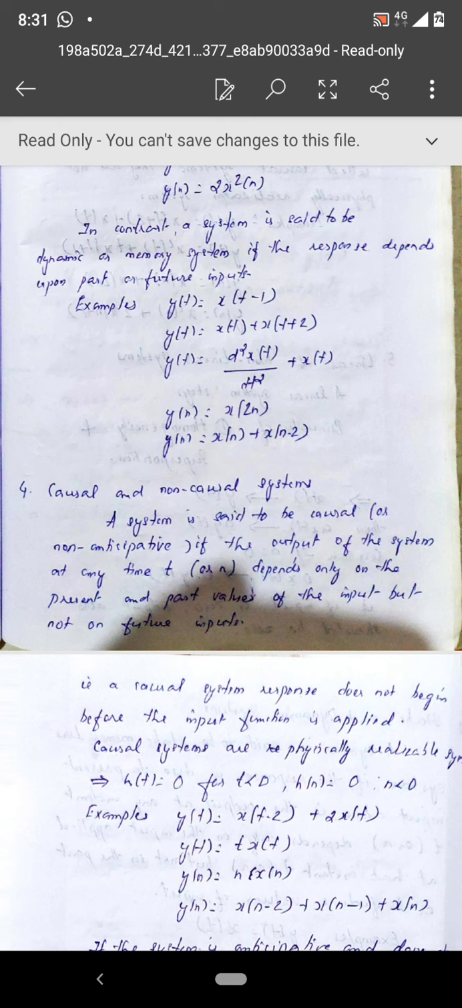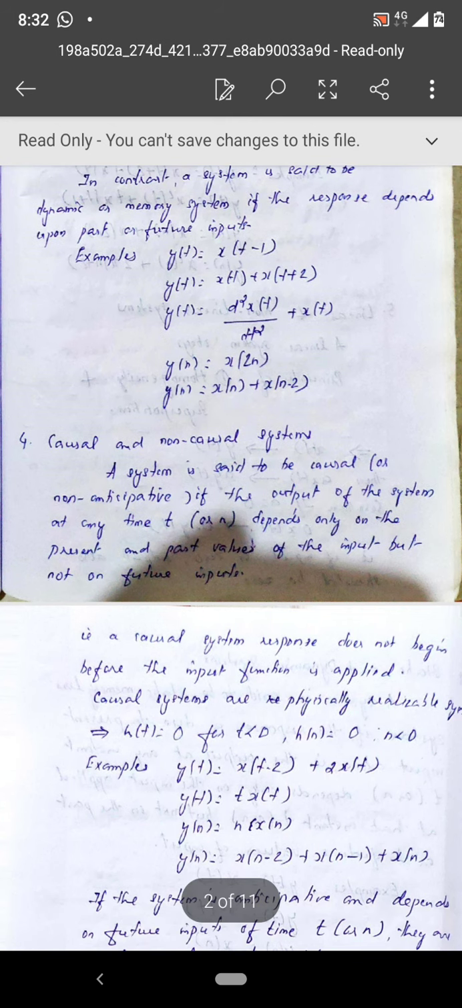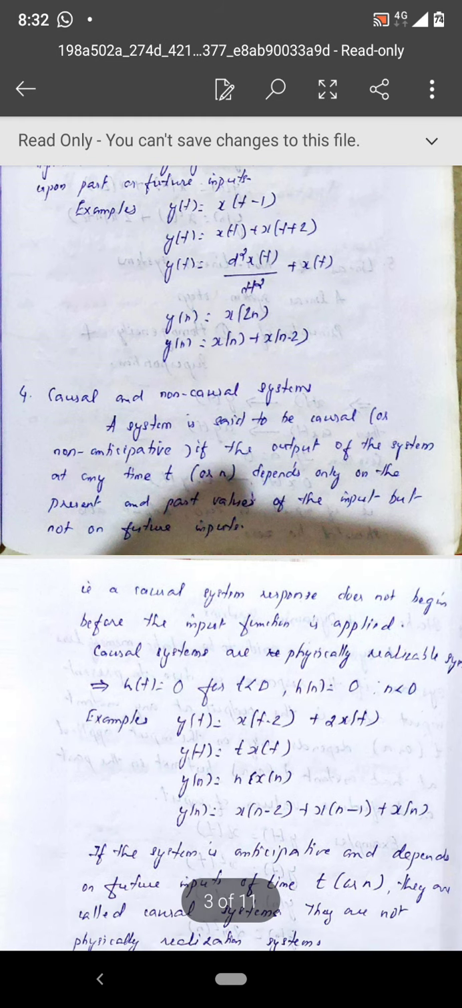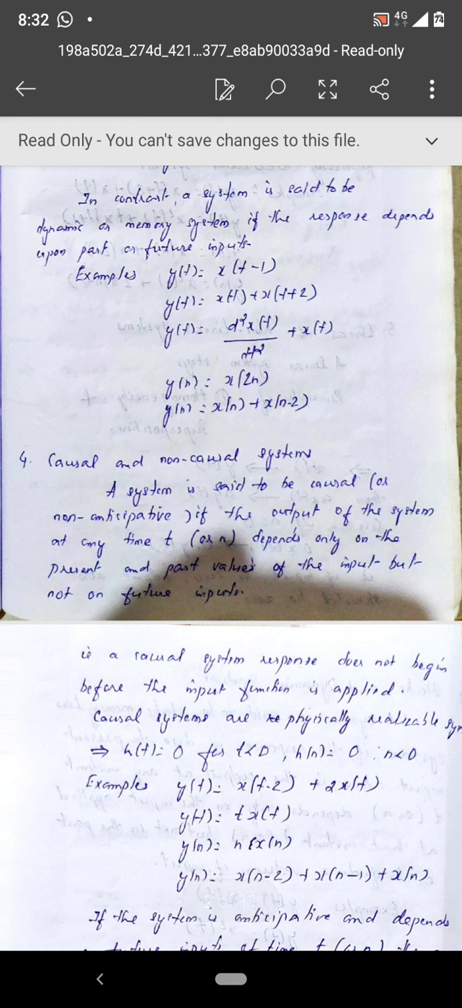So a memoryless system is a static system, but a memory system is a dynamic system. Okay, the fourth classification, a very important classification, is the causal and the non-causal system. So already we have seen what is a causal signal and a non-causal signal. A signal which does not have any values for t less than 0 was a causal signal. If a signal has a value for t or n less than 0, then that is a non-causal signal. So a perfect example of a causal signal was u of t or u of n, which had